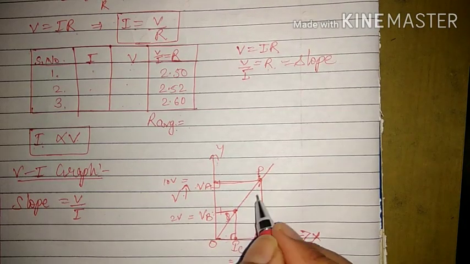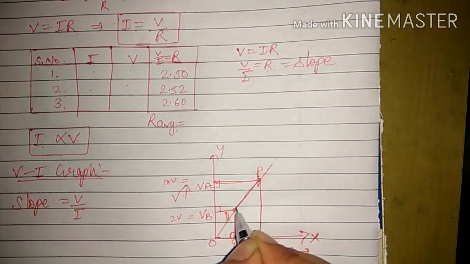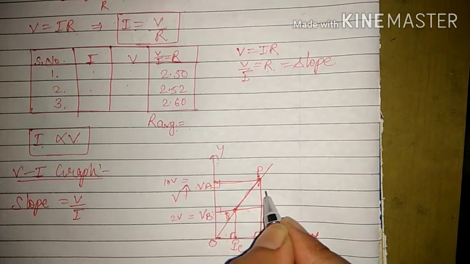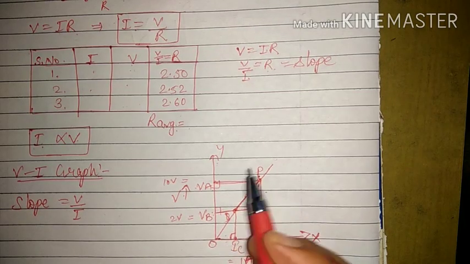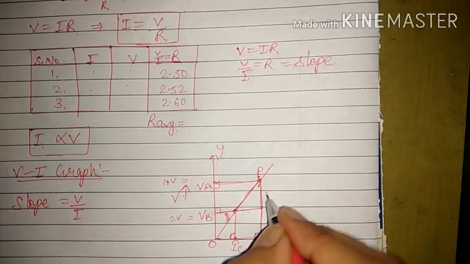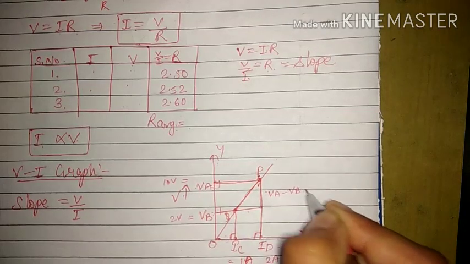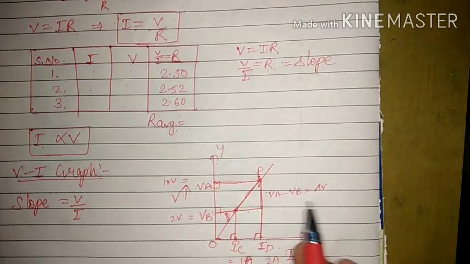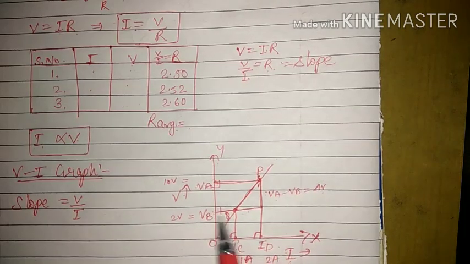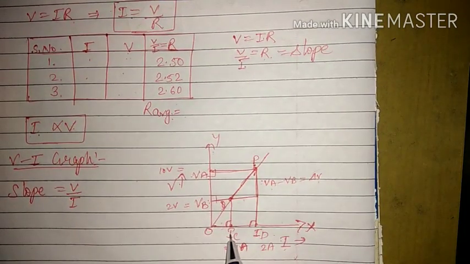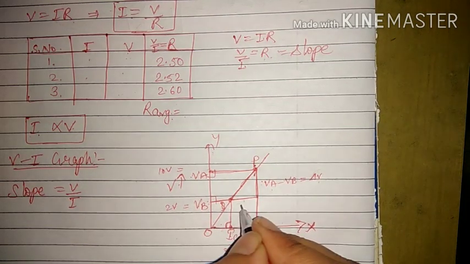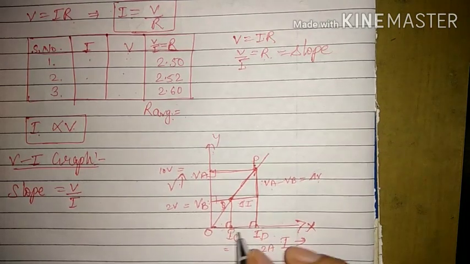Now if we have to find out the slope of these 2 points, then we have to draw this, and we want this value as well as this value to find out the slope. If this is VA, this is VB, then this is actually VA minus VB, which we are denoting by delta V. That is the difference in the potential difference, VA minus VB. Similarly, at this point the current is IC and here it is ID. Then here the difference of the current will be del I.